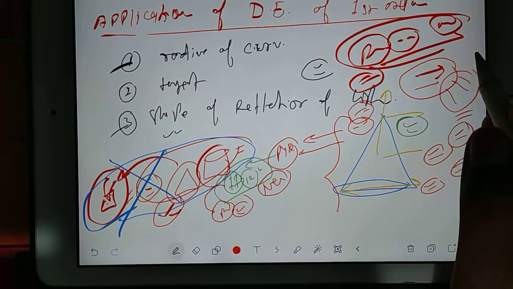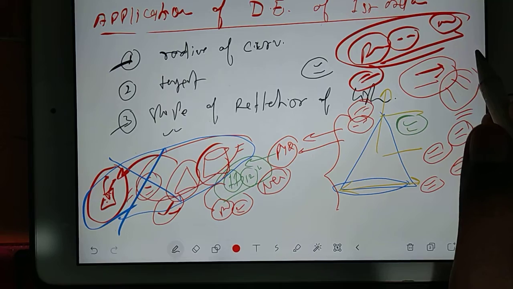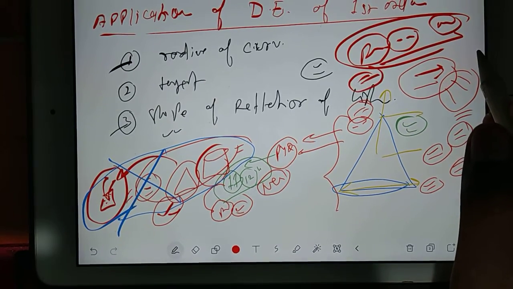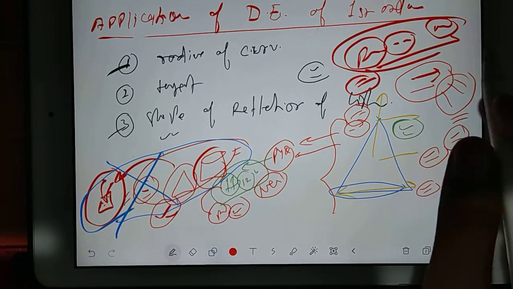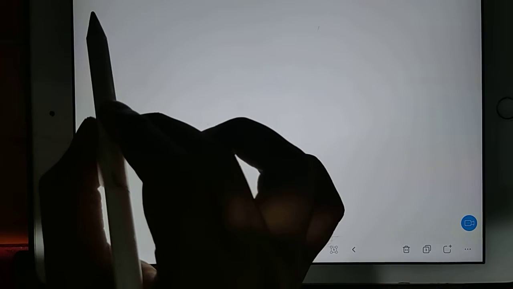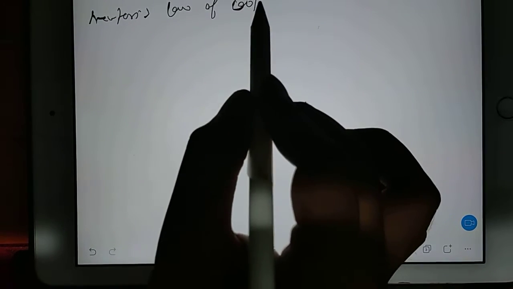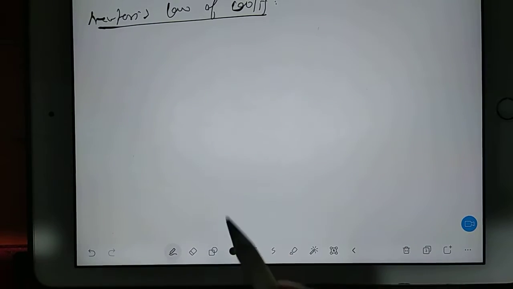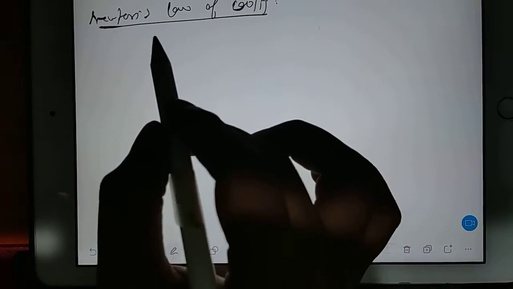Now let's solve one question, because that is important now. We have Newton's law of cooling and heat flow. These two problems are very, very important, so we will discuss that part here. Newton's law of cooling and heat flow, because that is the application of differential equations. I'll change the page. Under the application, I am taking Newton's law of cooling, because it is a very popular example, so that's why they may ask it in the GATE exam. First of all, we should know what this law is.